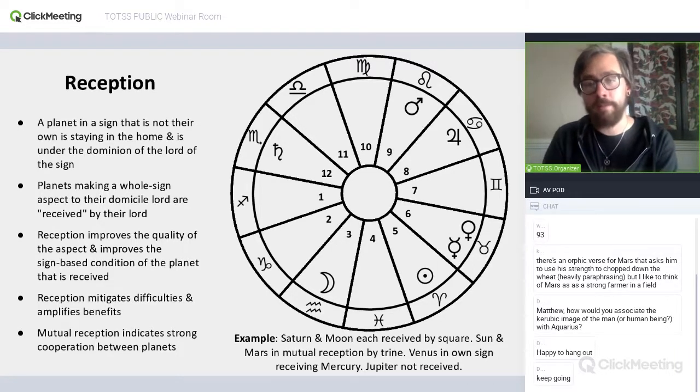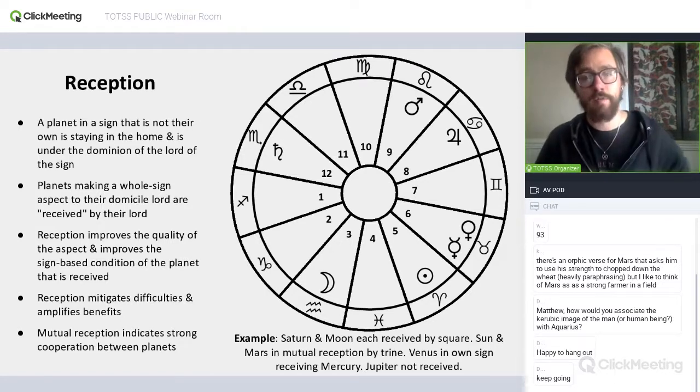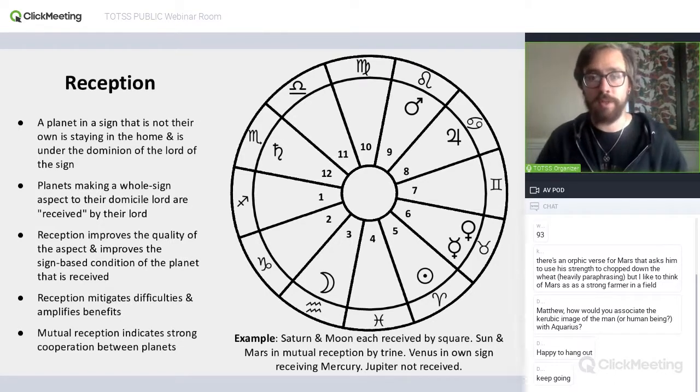And we'll note that in this example here, the Sun is in Aries, which is the exaltation of the Sun. So this is a really excellent configuration, and this is going to be one of the best case scenarios for relationships between Mars and the Sun. This will definitely be the most beneficial, helpful, constructive version of a Sun-Mars relationship.